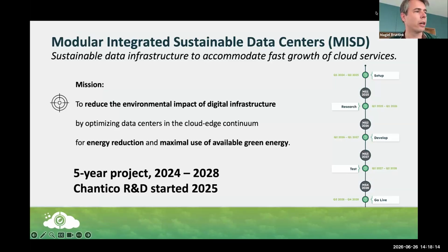There are connections to heat grids. There is battery capacity in these containers. There is hopefully a connection also to green energy sources in the neighborhood. The idea is that these data centers allow operators to more easily fit into the infrastructure and its constraints. Currently, especially in the Netherlands, I also know in Germany, net congestion is a big issue.